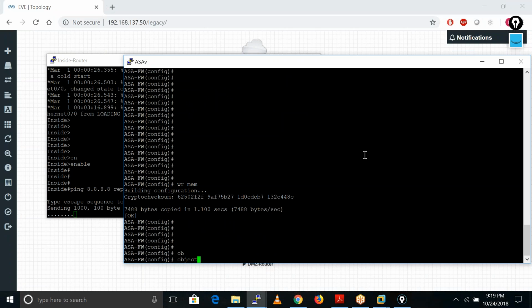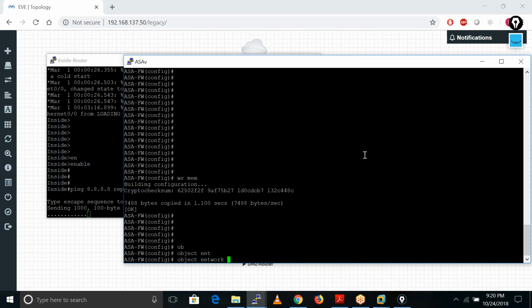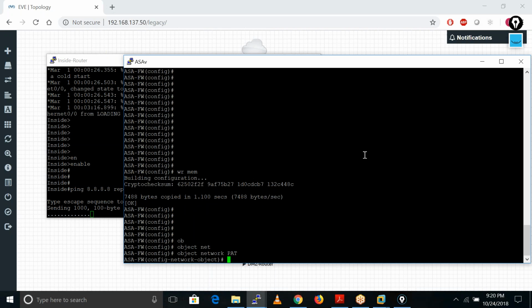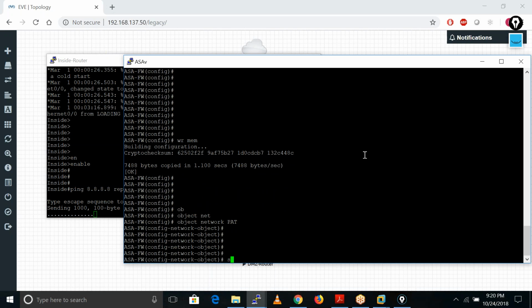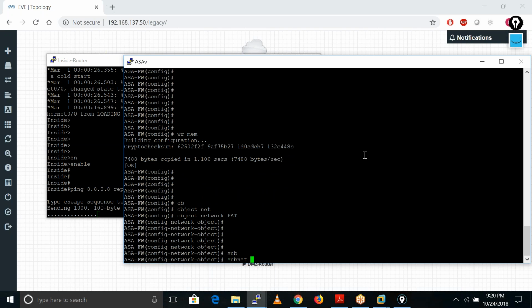So these are the commands. First we just create one object group, object network. I'll give the name PAT. After that I'll define my subnet. So in subnet I'll use 0.0.0.0 0.0.0.0, which means include all inside networks, all inside subnets. So why do we use 0.0.0.0 here?